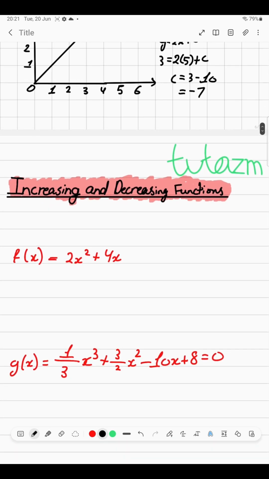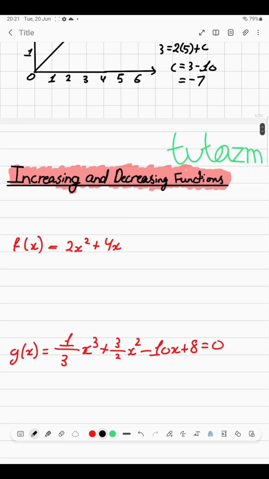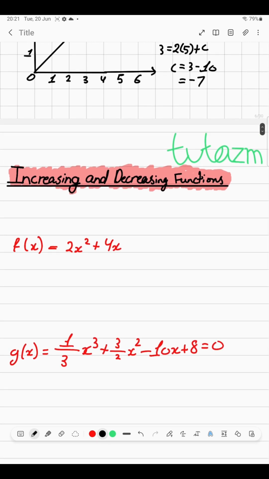The next topic is increasing and decreasing functions. Now, when you think about increasing and decreasing functions, you've got to think about the gradient, so you have to think about dy by dx. When a graph is increasing, dy by dx is going to be greater than 0. When it's decreasing, dy by dx is going to be less than 0. So, for example, this function here, the first thing we'd have to do to work out whether it's increasing or decreasing